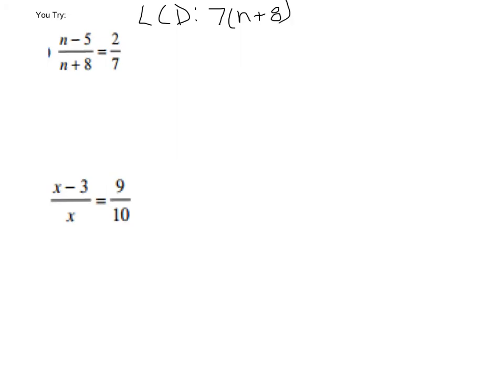Alright, so then I'm going to multiply that on both sides. And it's legal because I'm doing it to both sides. So I've got n minus 5 over n plus 8 equals 2 over 7. And I'm going to multiply on this side 7 times n plus 8. Multiply on this side 7 times